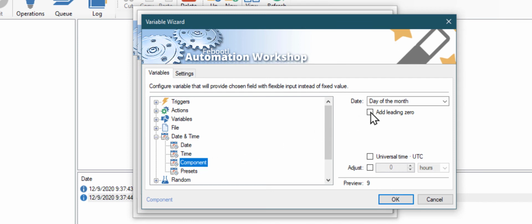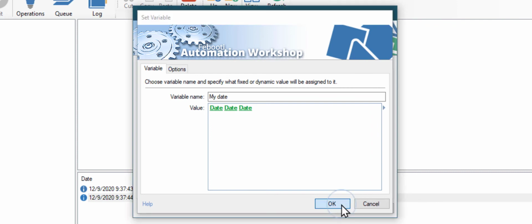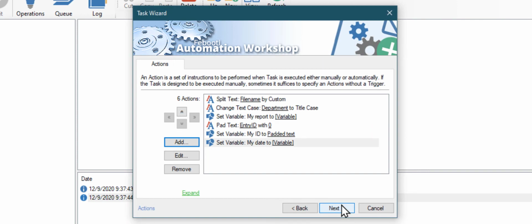I will add a leading 0 to day of the month, to make file names look aligned, like table columns. Click OK. Click Add to add another action to our task.